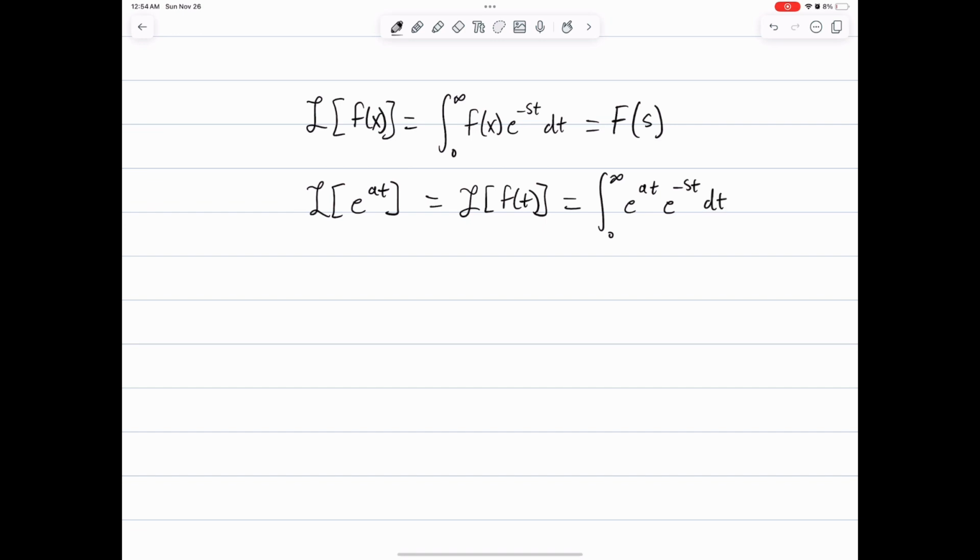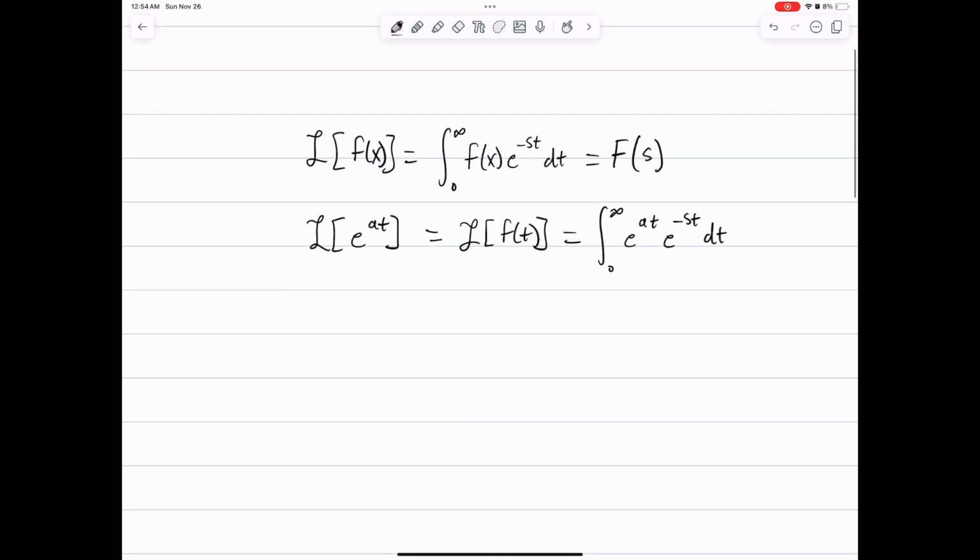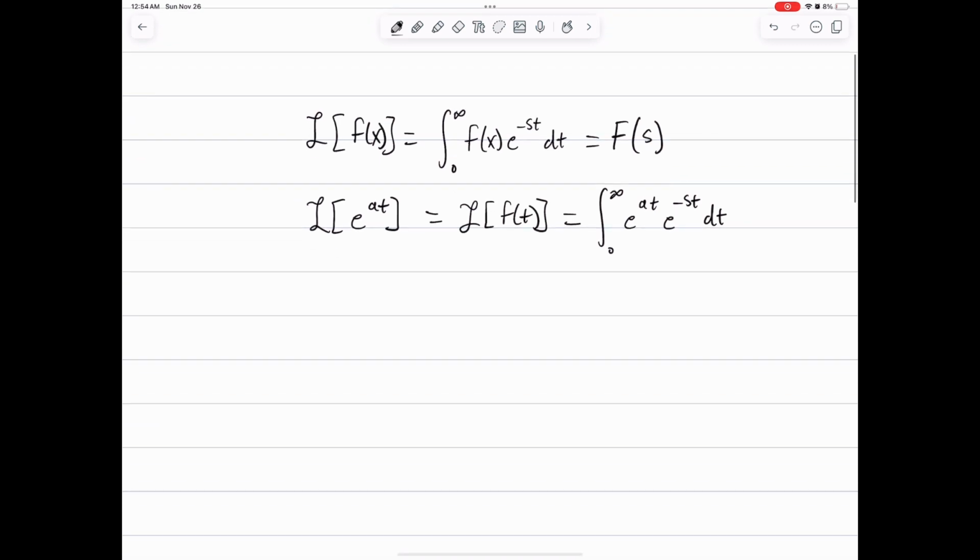It's the same base, so e to the (a minus s) times t dt. Rewrite the integral like this, and then integrating will give us, and we're defining this for all s greater than a,